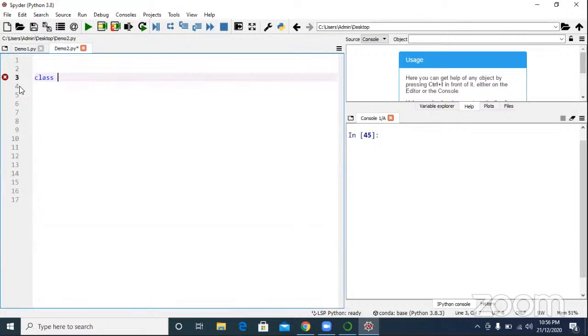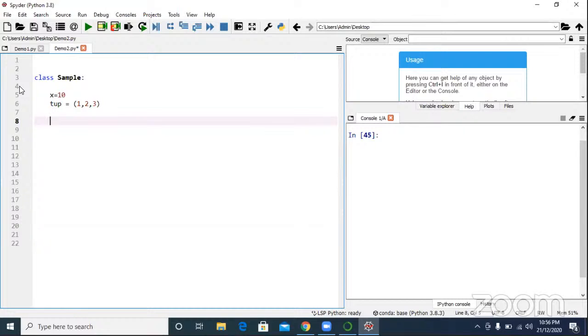Class name. Okay, x equal to 10, tup equal to 1, 2, 3. How many instance variables are there? Two.